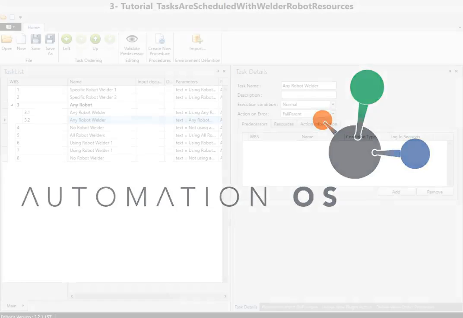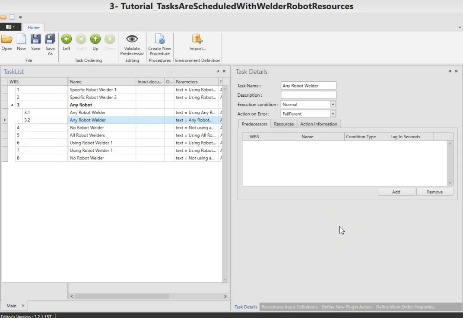Welcome to Automation OS tutorial number 3. In this tutorial, we're going to review how the sequence editor and task launcher can be used to manage resources